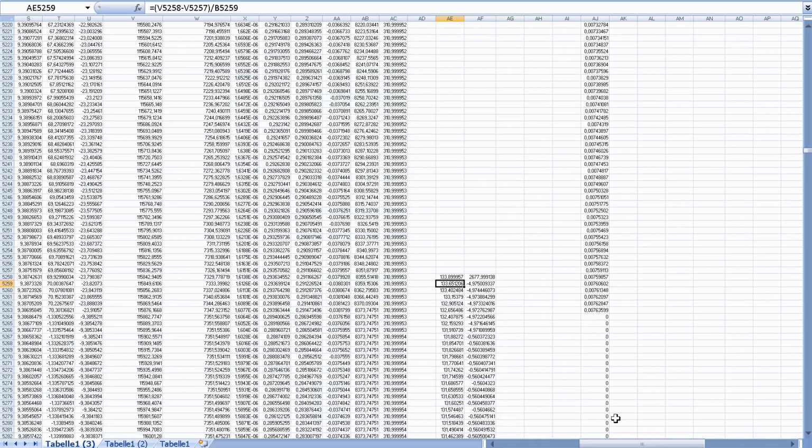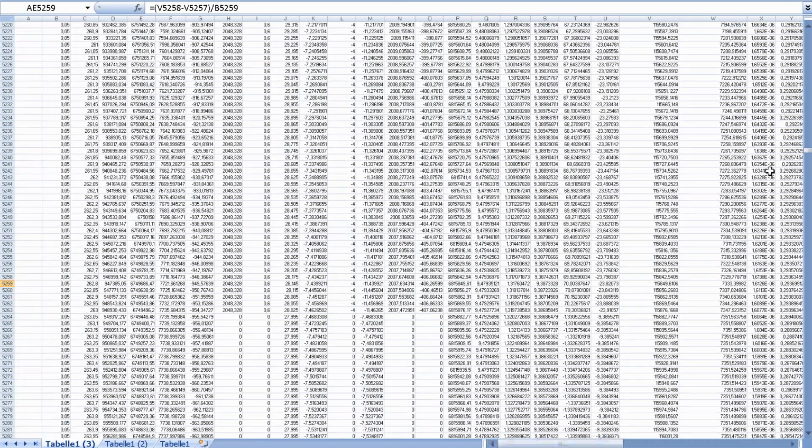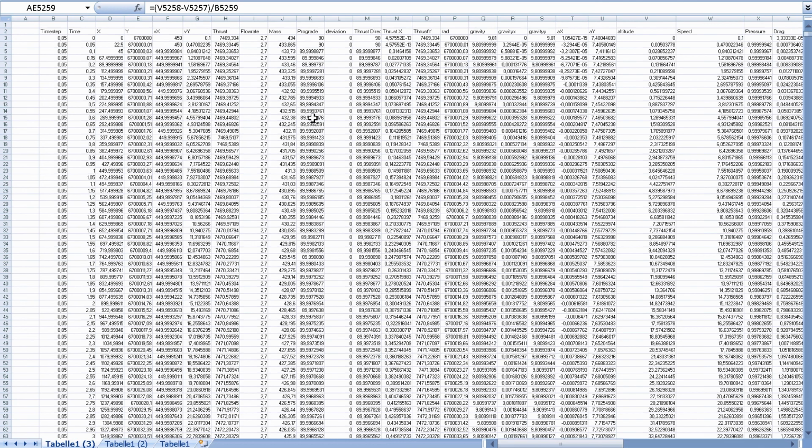Now, initially you can use the coordinates and the speed coordinates for that because this is basically the climb rate at this point, but these are Cartesian coordinates, so as soon as you leave the launch site, this only becomes an approximation, because the Earth is of course spherical, so